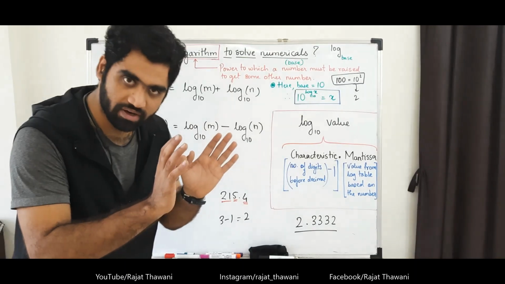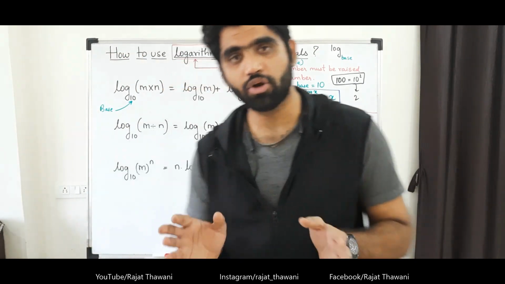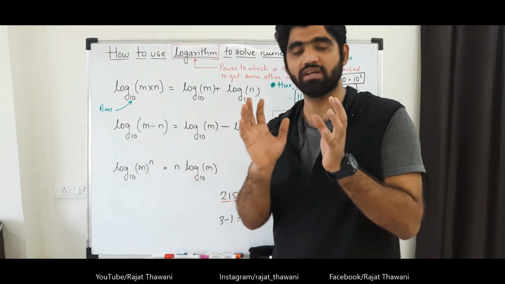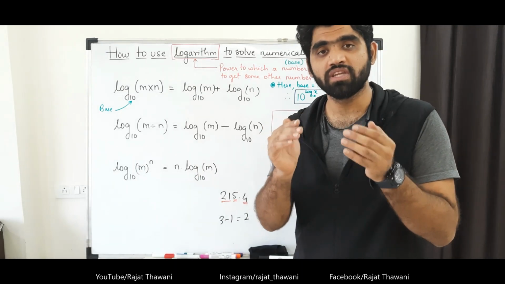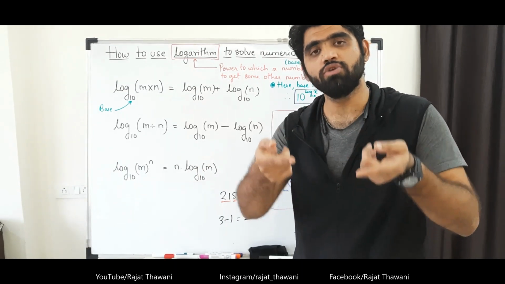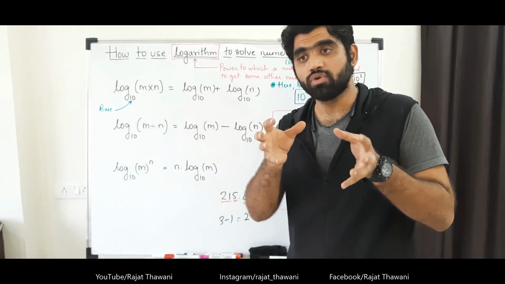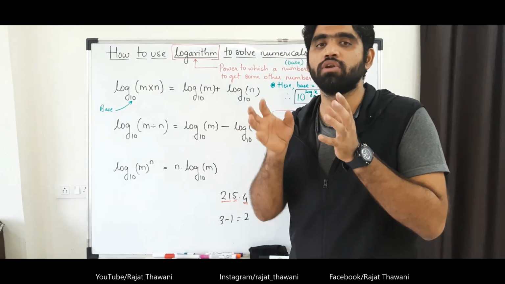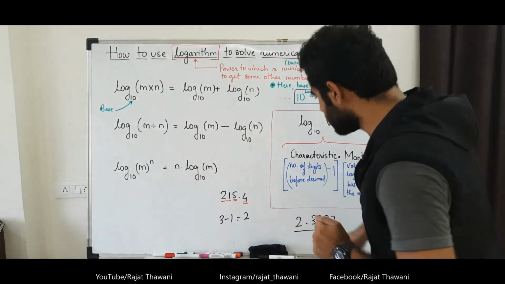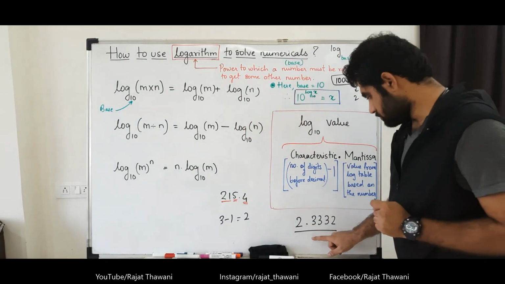There are many ways to find out the anti-log. Why do you need to find out the anti-log? Because in numericals, when you get normal values, for solving them you convert them into log, and again you need to reconvert them into anti-log. Why? Because you have to get the actual value. You cannot give the value in log form. So let's find out the anti-log of